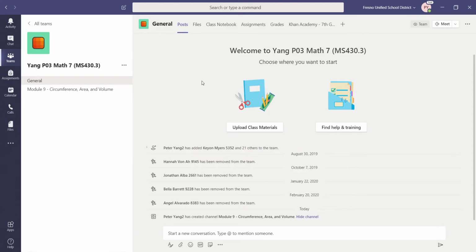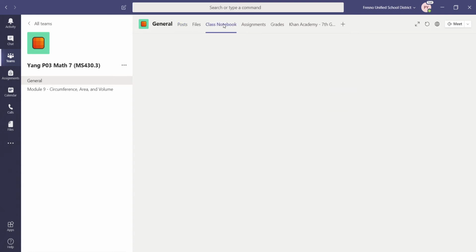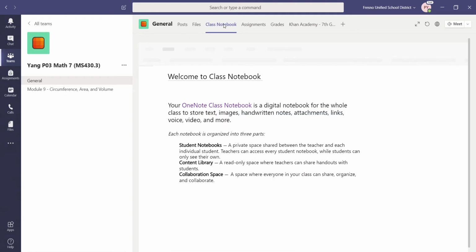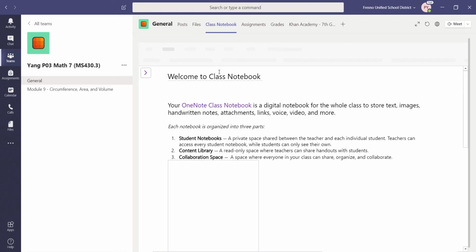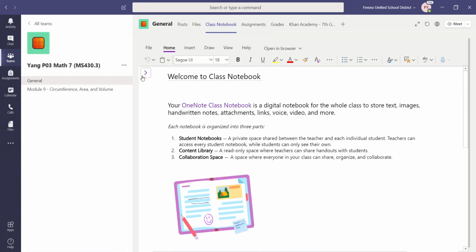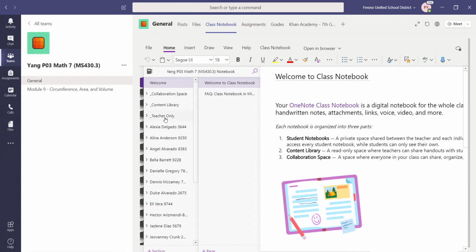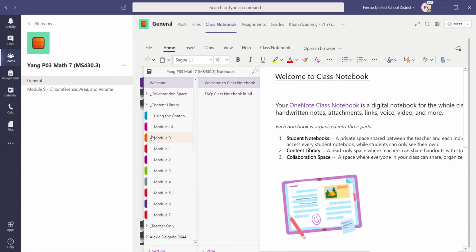So let's go to the third period here. So how I do that is, if you go to these tabs up here, go to Class Notebook, and you have to set it up. Just click that you want to set up a Class Notebook, and once it's done, if you click on this arrow right here, it's going to open up more of these. And under Content Library, that's where I have the things that I create, the chapters,